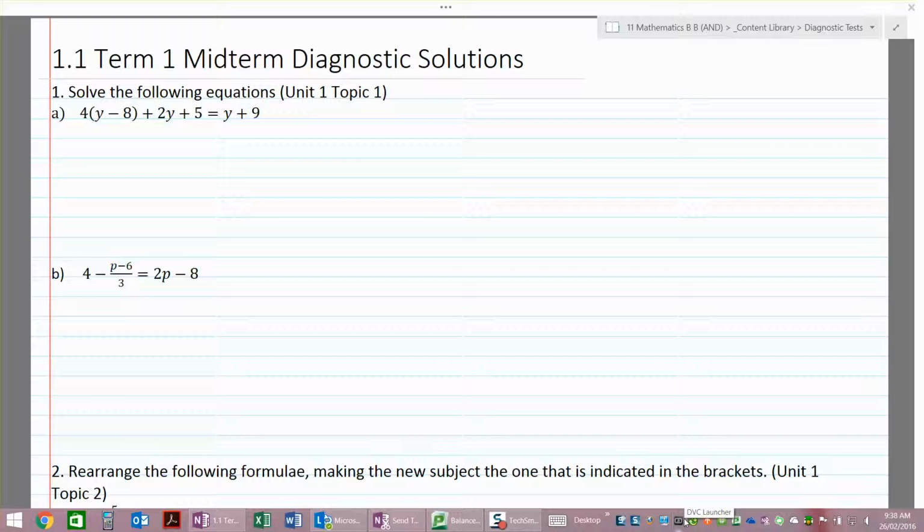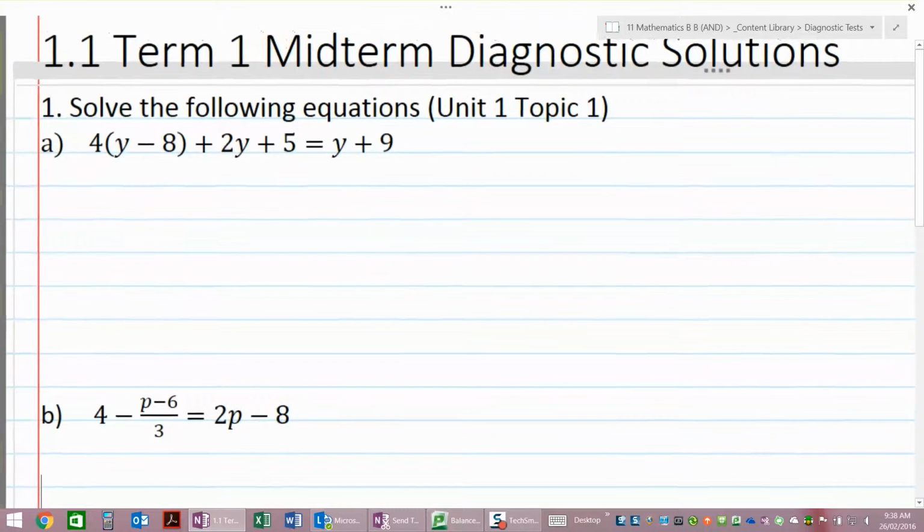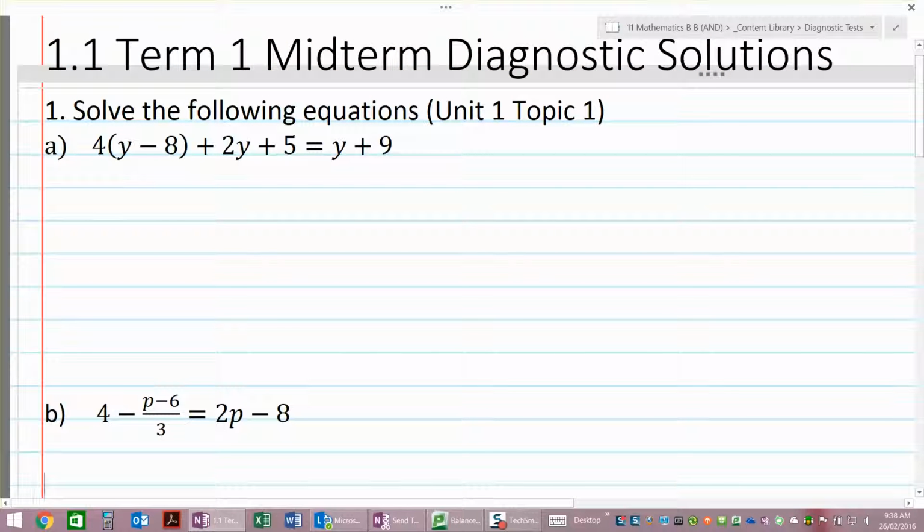Okay, term 1, Year 11 Maths B, diagnostic solutions. So we'll have a look at question 1 from topic 1, really from last year, doing some equation solving. Part A, there's no brackets, there's no fractions, so I'll just get rid of the brackets and go ahead and